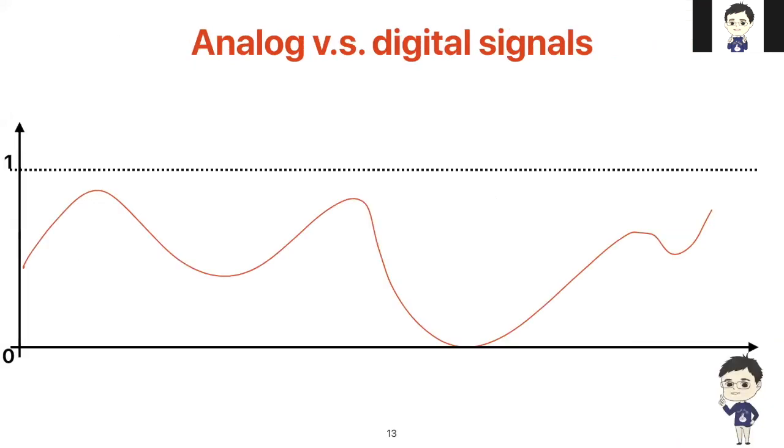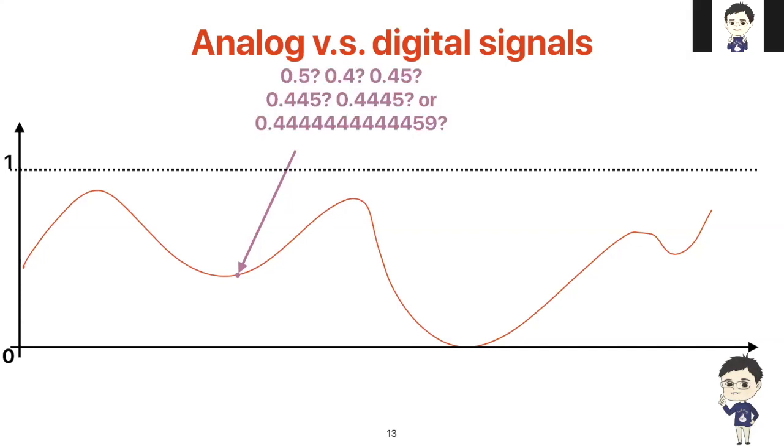Okay, so here's my explanation. This is an analog circuit, right? Let me give you a point in this circuit, say this point. What do you think the value of it is? If I had to guess, it'd be about 0.42, 0.4 something, right? So the interesting thing about analog is that if you keep zooming, because the signal is continuous,